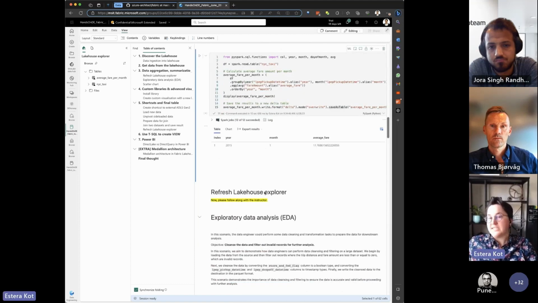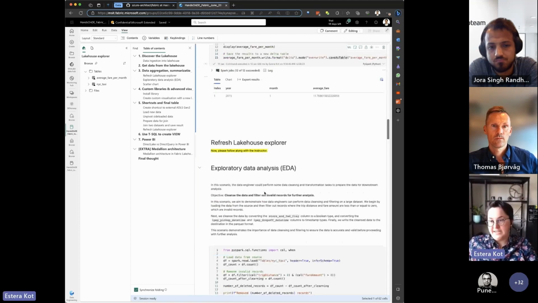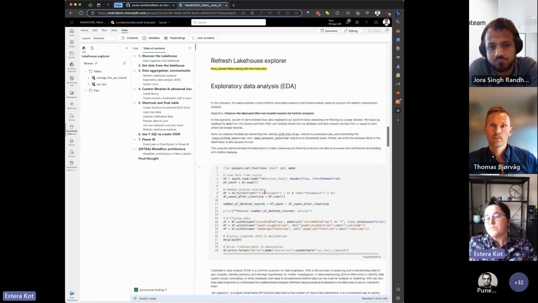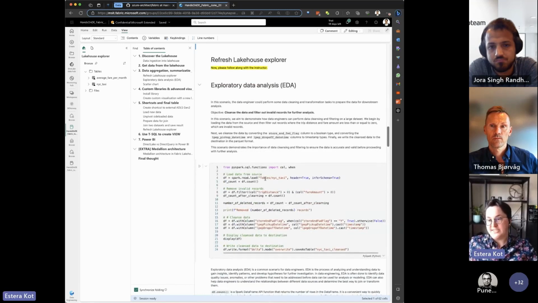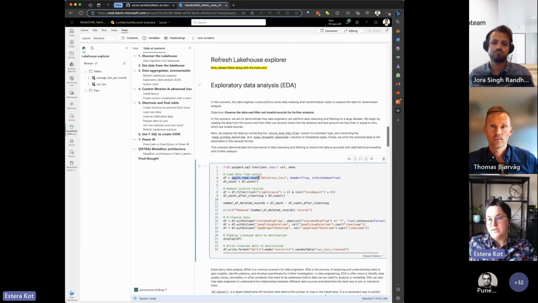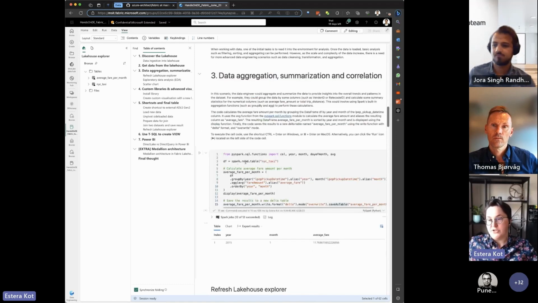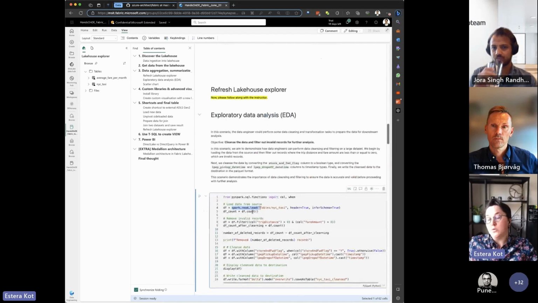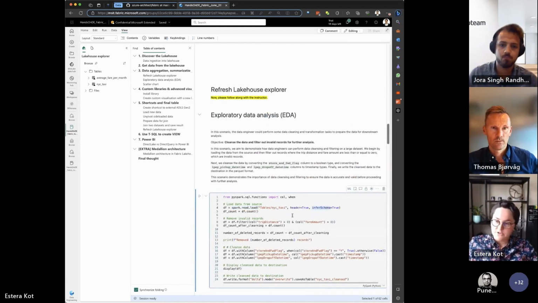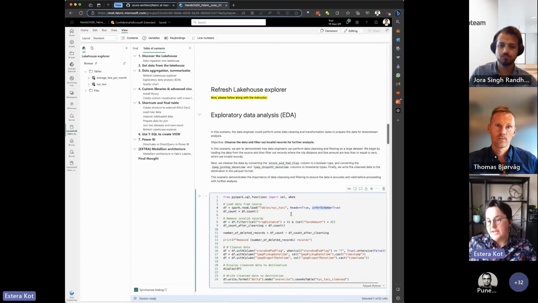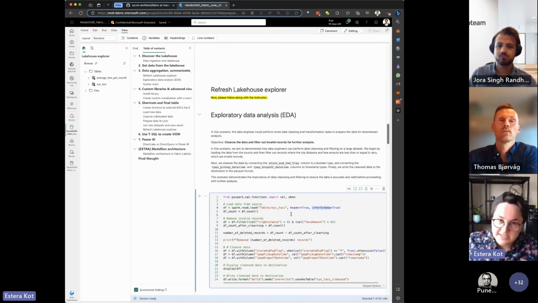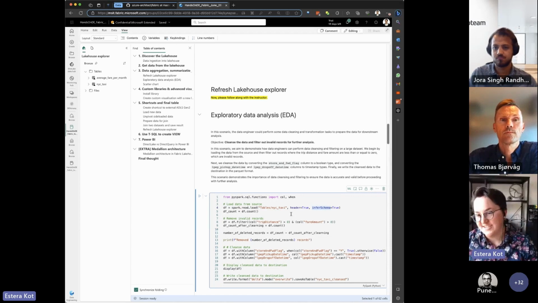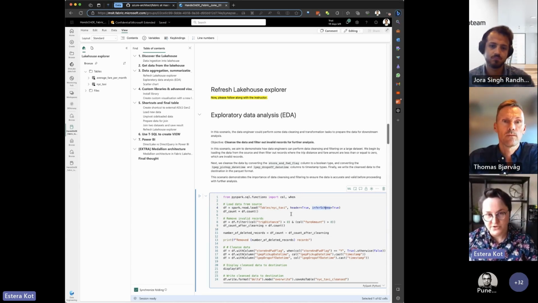Let's jump into some exploratory data analysis tasks. Here we will load the tables, and this is a different way of loading. As you can compare, before we just read the table, and here we can load and define the table New York City taxi. So two alternative ways. We know that data is not always in the proper schema, and we don't always have all the results.